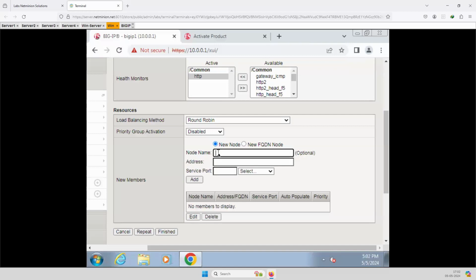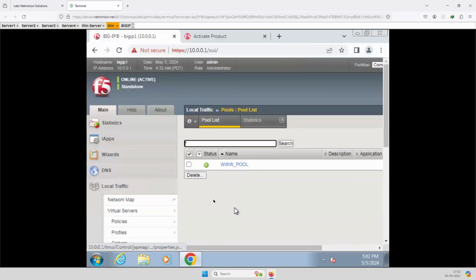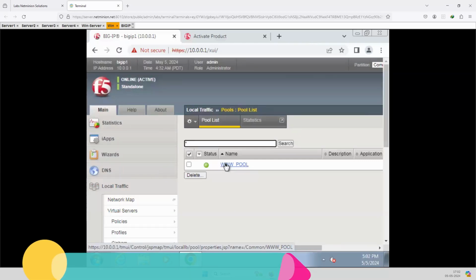So the node I'm going to add is 192.168.2.10. This is the backend node. And its address I'm going to add over here as well, the same IP, which is running on port number 80. Let's add this. I have just one node as of now. Later, if I want to add more, I can add more as well. So this pool is up. That means my F5 is able to